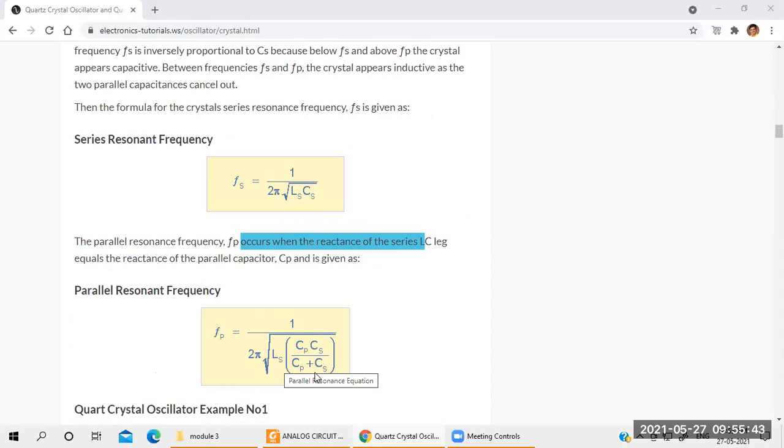Understood? This is the series resonant frequency formula and the parallel resonant frequency formula. If you know the formula, then you can solve the problem. Otherwise, no. Series means you consider only L and C. Parallel means you have to consider the total capacitance in the circuit, so you write Cp into Cs divided by Cp plus Cs multiplied by the L. That is the difference between series and parallel. Next we'll move on to the